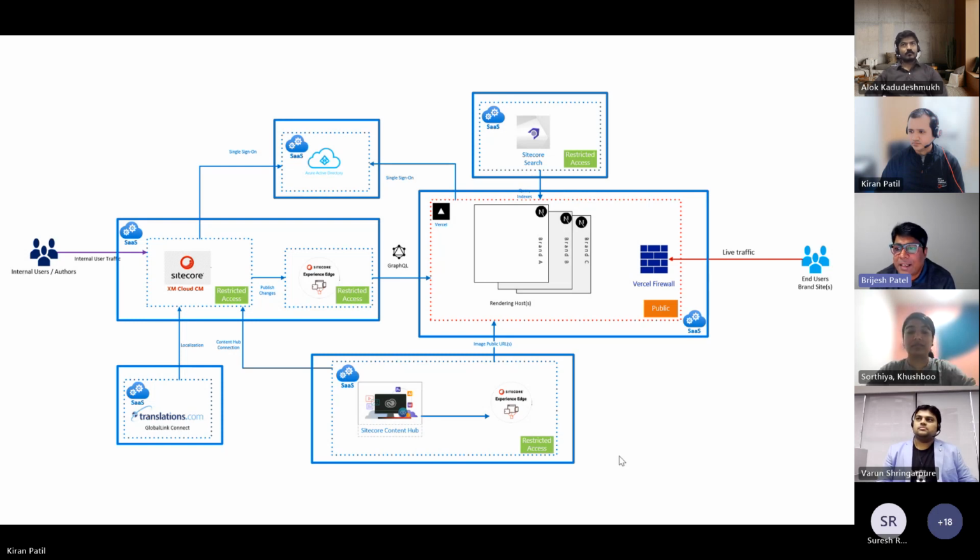But then the best part is you can expose that data using all the APIs that are available out of the box in Order Cloud. The only little shortcoming that I see right now with Order Cloud is you don't have the component library built for it. You have to build it from scratch when you're doing an implementation.